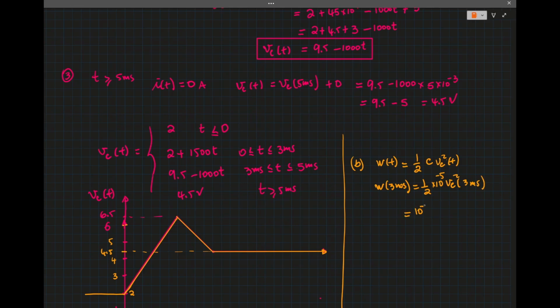So 10 to the -5 over 2 times VC at 3 milliseconds, which is 6.5 square. So the energy at 3 milliseconds, when you plug that into the calculator, it should be